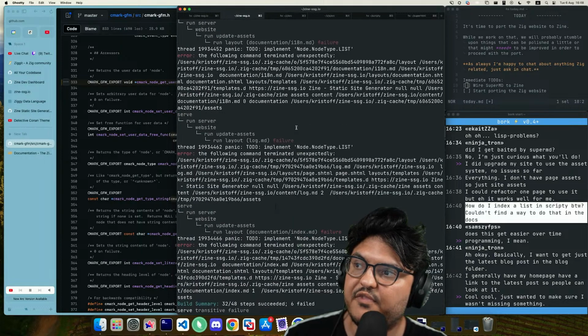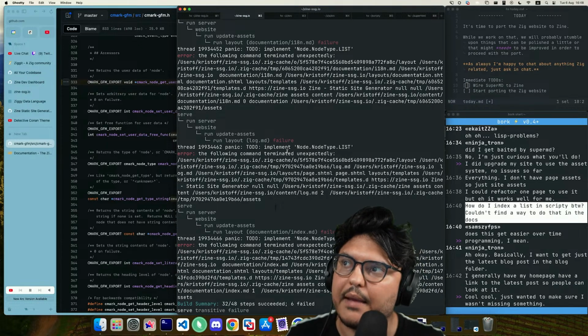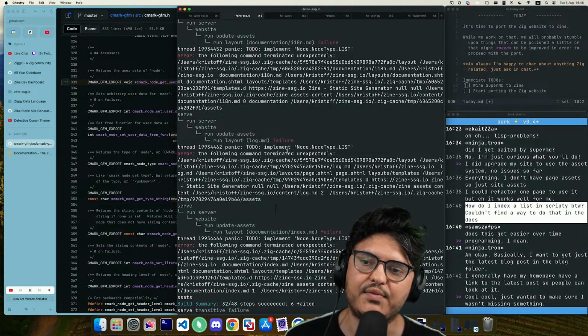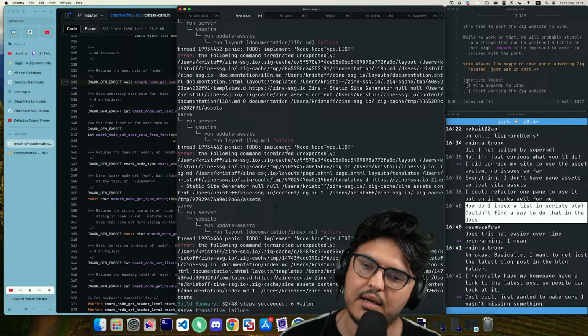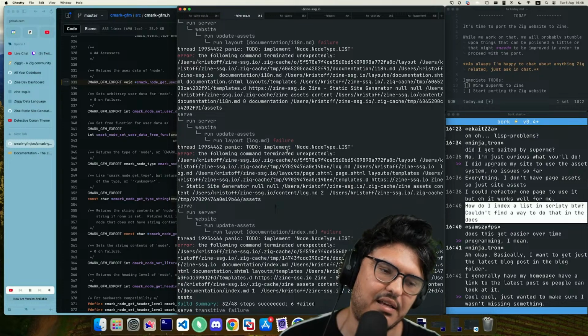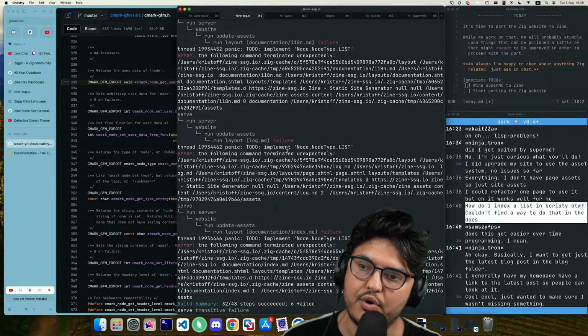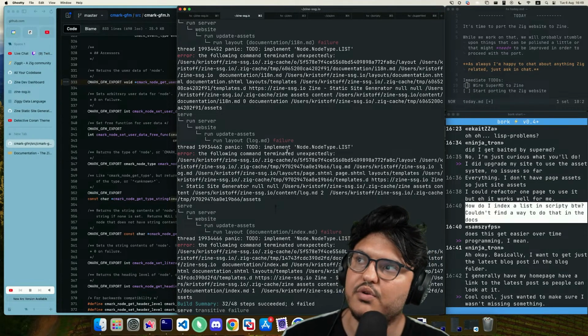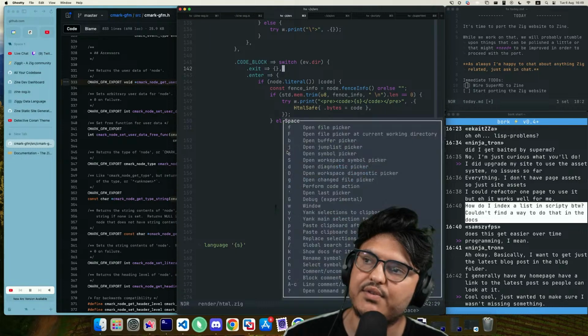Some successes, some failures. Panic, to do, implement node type list. Okay, we are failing successfully. So what's happening is that some of my content has a type of Markdown node that we don't have the new AST analysis code yet for.